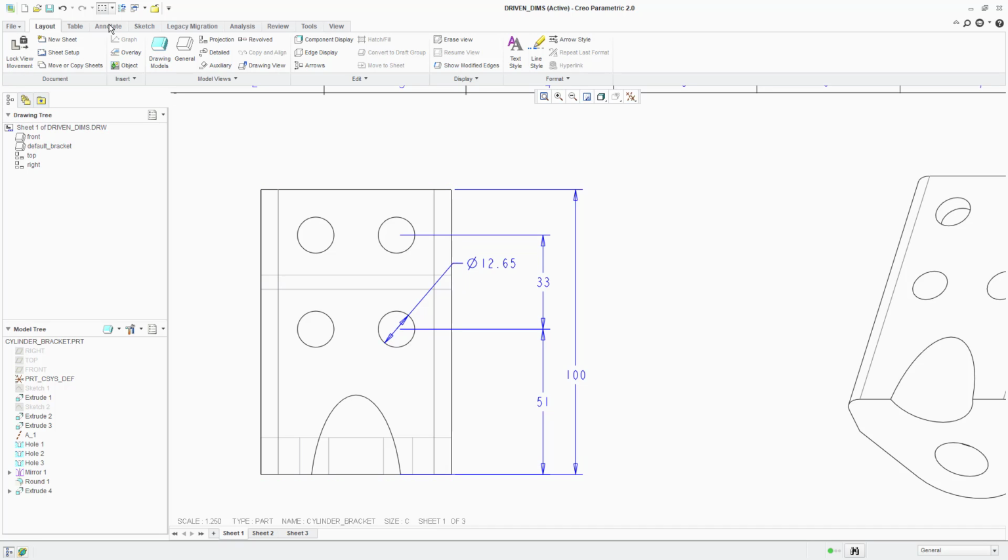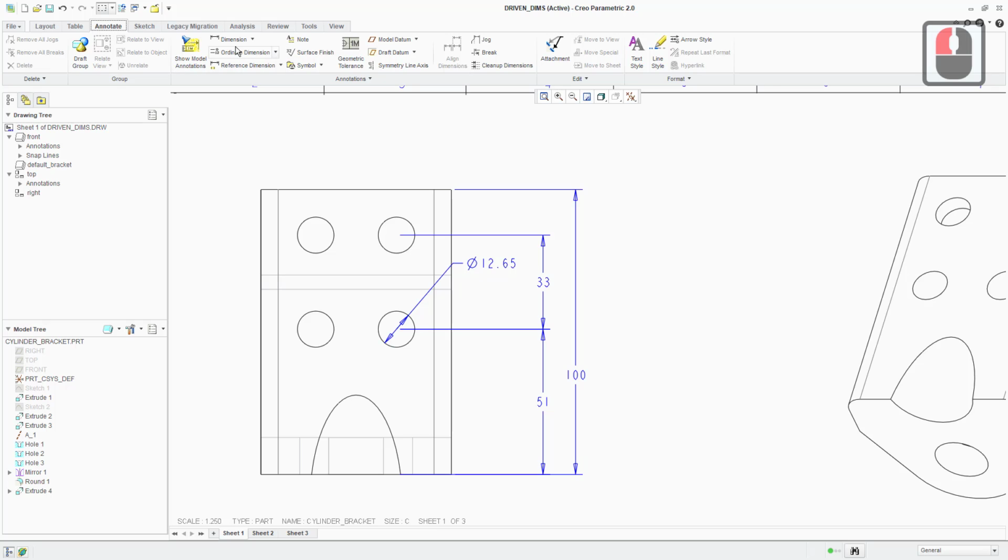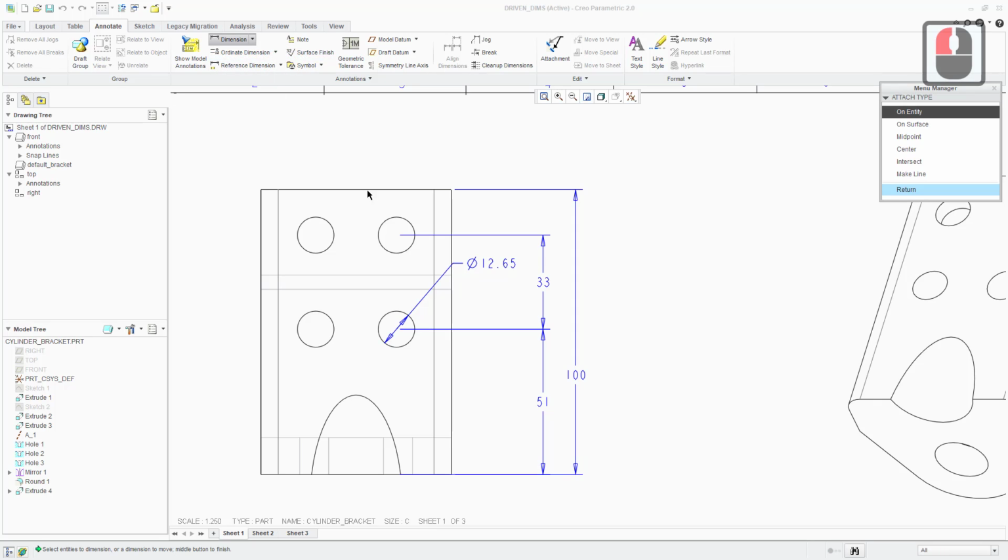So the way that we're going to do that is we're going to click on annotate, and then we've got a dimension button here. If we just open that up, we want to specify some new references, so we'll select that one, and we want to select this edge and one of these holes. So if we just select the edge of the hole, we've got the two references. And then if we click on the middle button somewhere up here in the gap between the two,